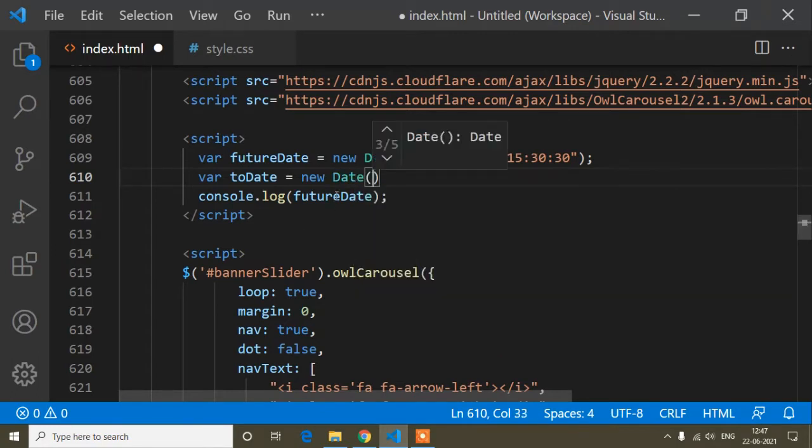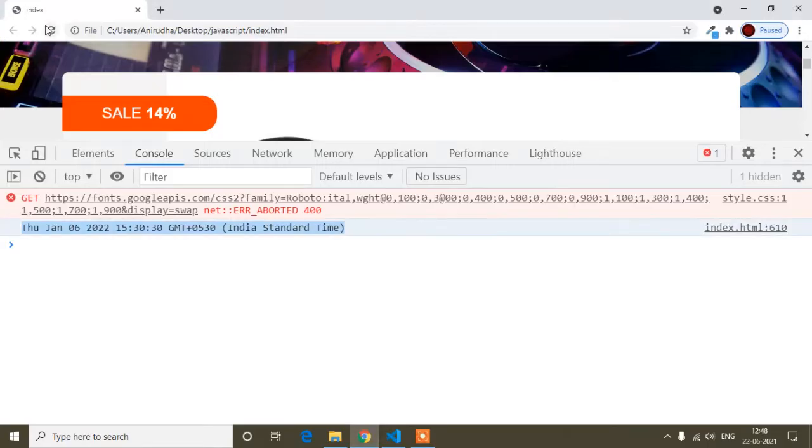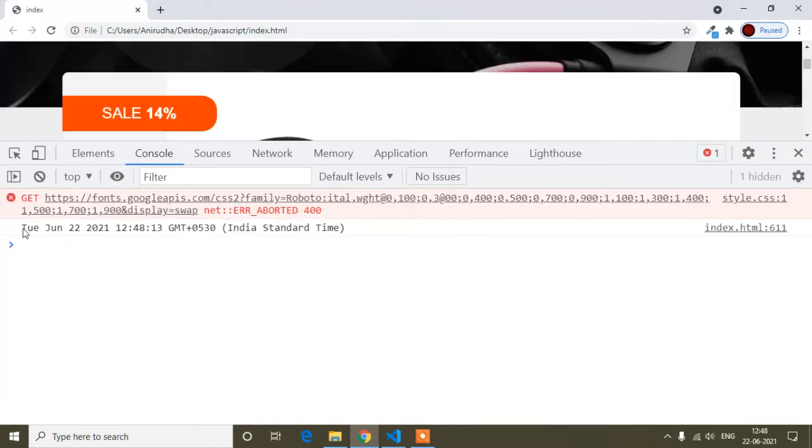It's a predefined method. Here I am not writing any logic, this is a predefined method, so you just have to remember this method. Okay, so new Date() means we get the current date, and inside the parentheses, if I set a date which we want to set, we can do that this way. But if I write simply new Date() with empty parentheses, then I will get today's date. So if I write new Date() and store it inside this variable, paste here, save, and now refresh, you can see I'm getting today's date like this.